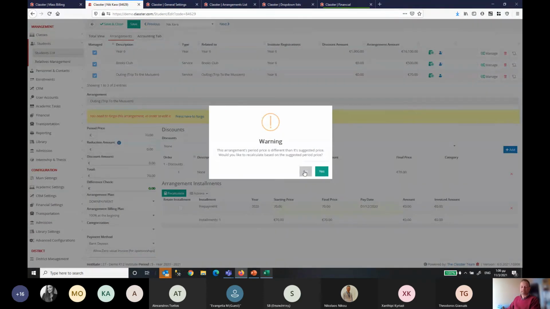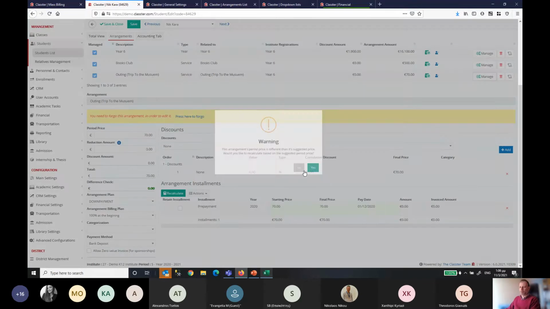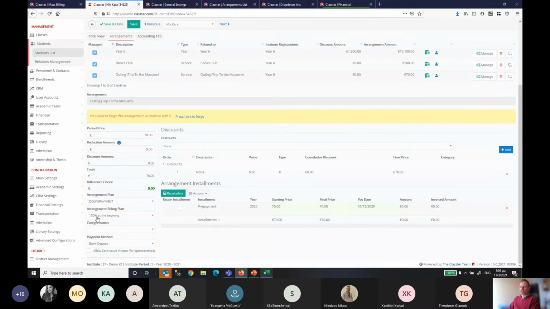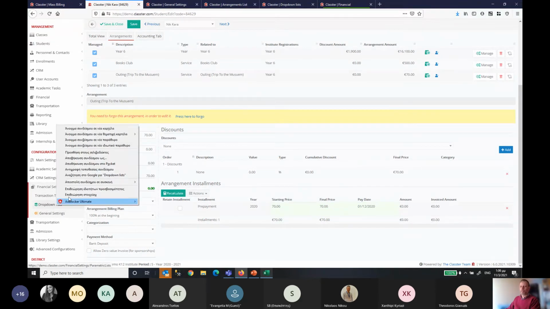If I go here to add, the system says that the price has changed. It's not according to the price list. No, I don't want to change that. So it is 100% at the beginning, but the question is when is the beginning? So I need to go to the stand here, the